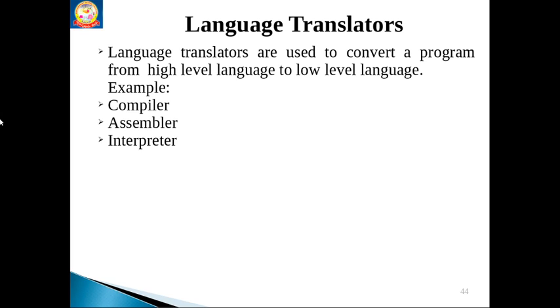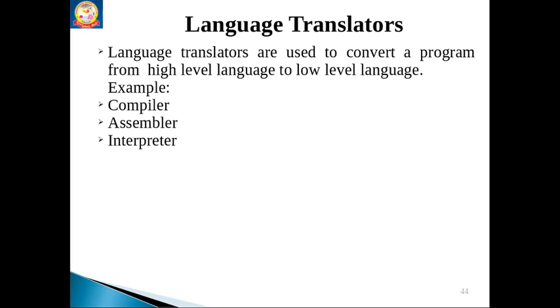Language translators. Computer can only understand ones and zeros. It is an electronic device. If the voltage is high, it treats the data as bit 1. If the voltage is low, it treats the data as bit 0. Means it understands only ones and zeros. But nowadays we are giving information to the computer in the form of language, like English-like language. So how is this high level data converted into low level data?